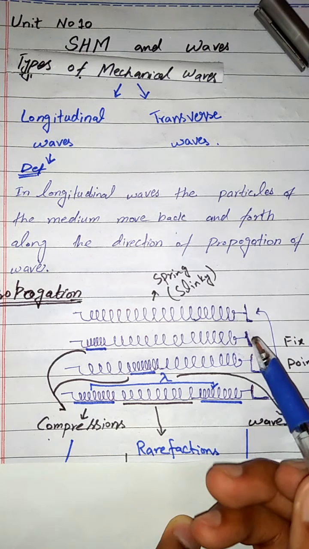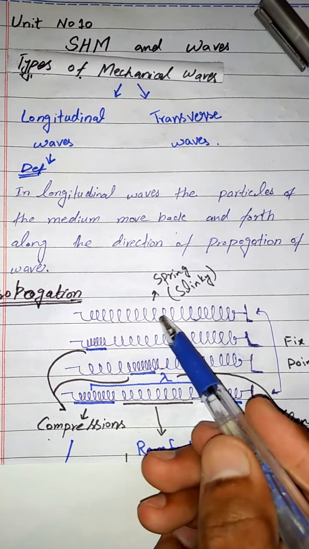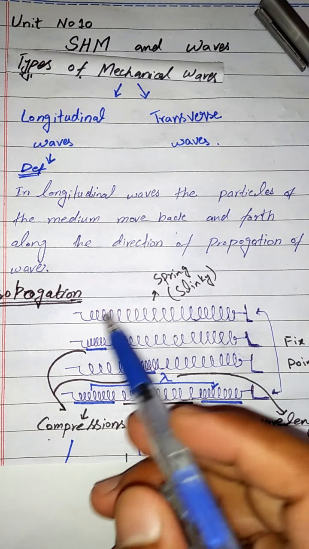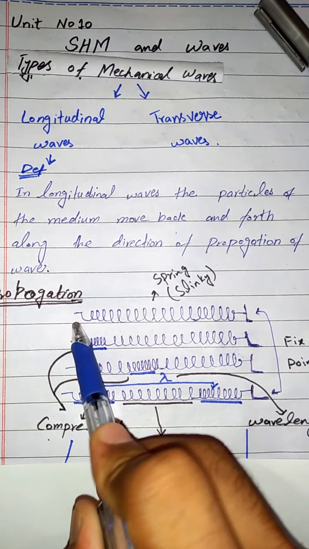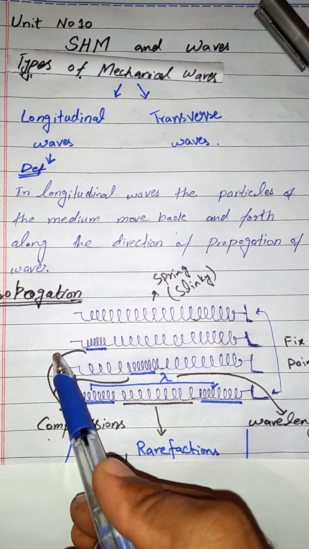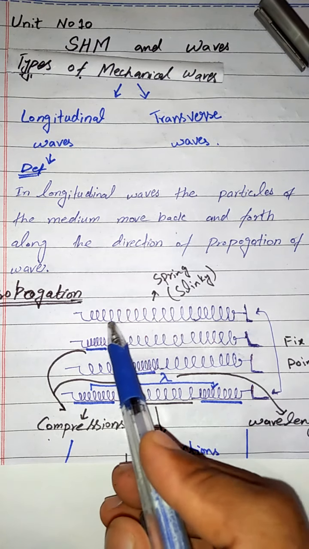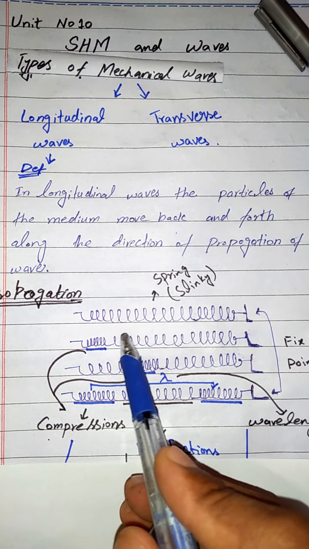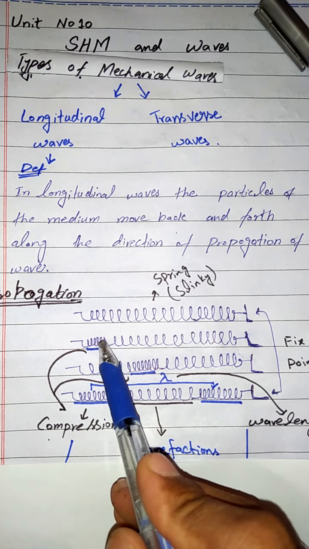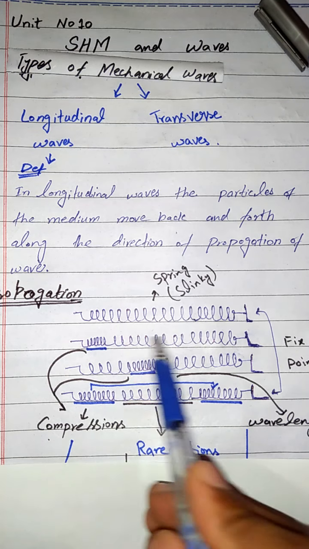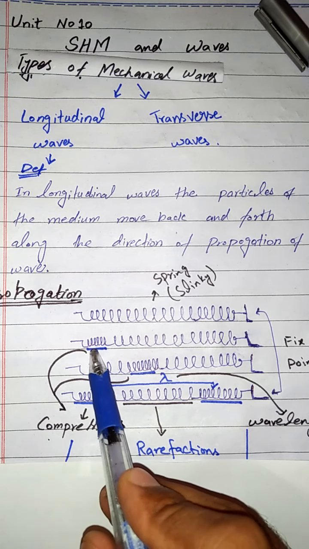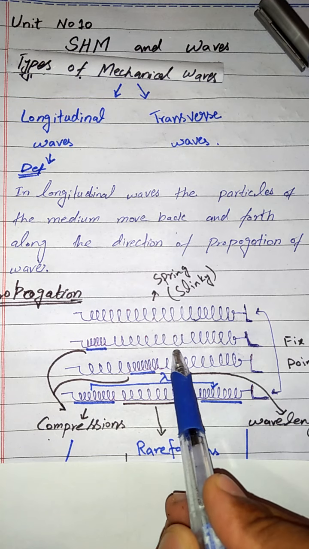First of all, we should take a spring like this and fix one end to some fixed point, and take the other end in our hands. Fix one end of the slinky with a rigid spot, on a smooth floor or a long bench, and hold the other end in your hand. Now give it a regular push and pull quickly in the direction of its length.